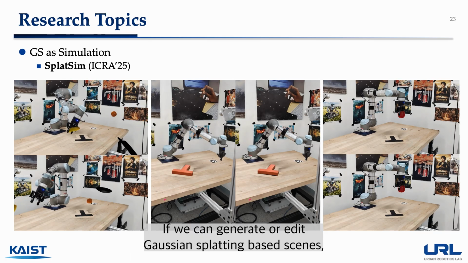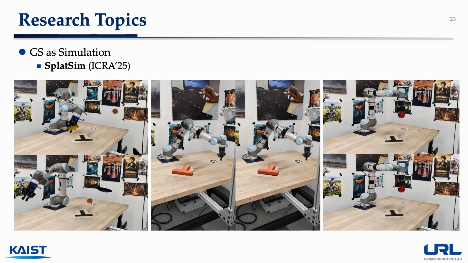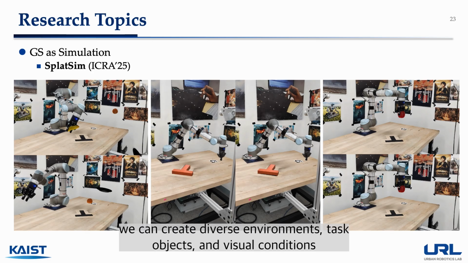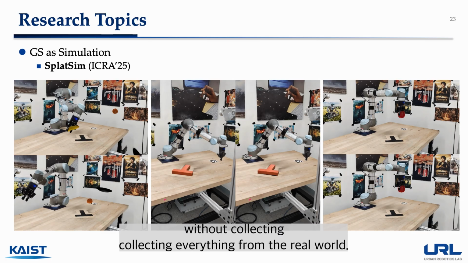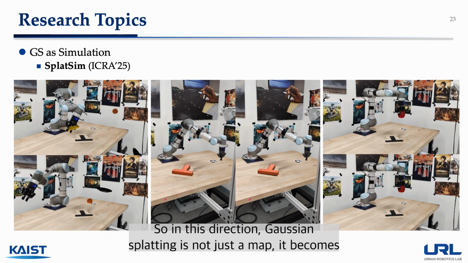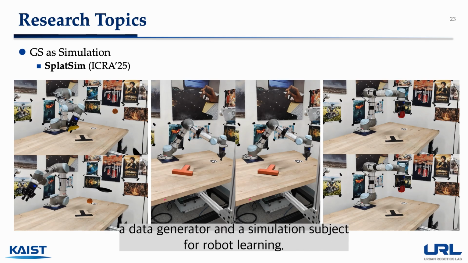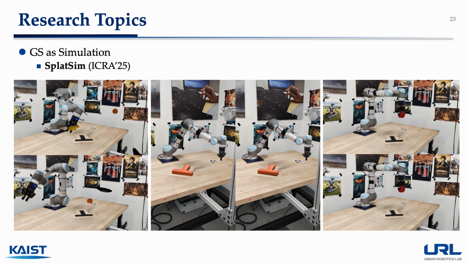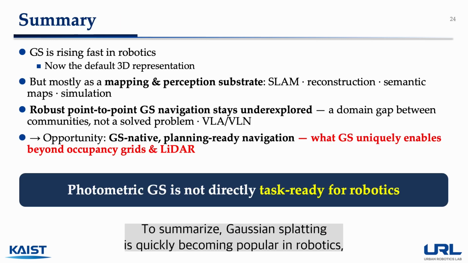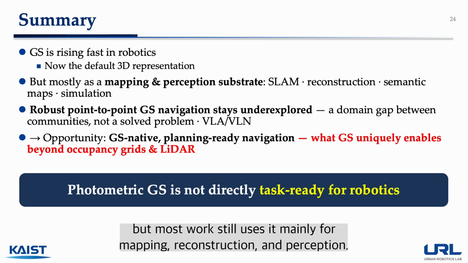If we can generate or edit Gaussian splatting-based scenes, we can create diverse environments, tasks, objects, and visual conditions without collecting everything from the real world. So in this direction, Gaussian splatting is not just a map, it becomes a data generator and a simulation substrate for robot learning. To summarize, Gaussian splatting is quickly becoming popular in robotics, but most work still uses it mainly